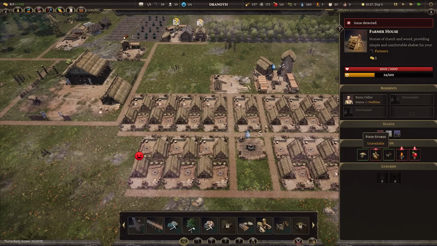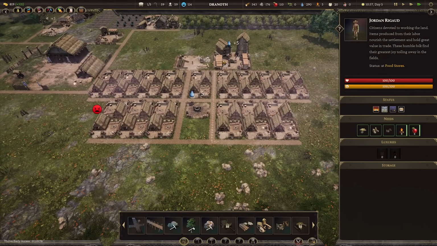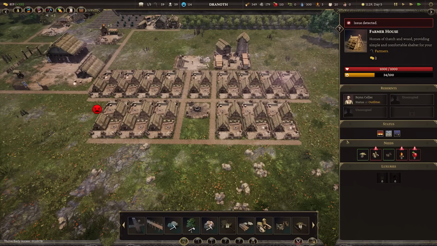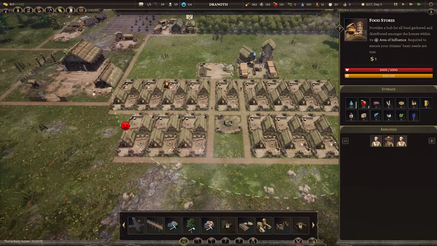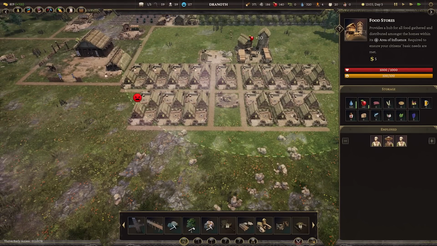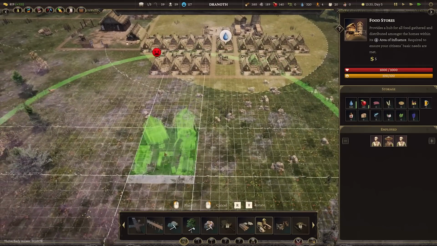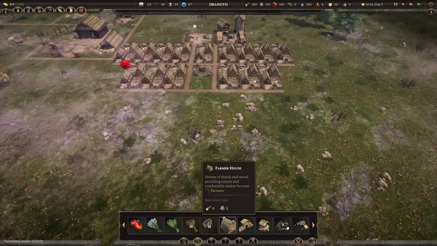Right, why are you upset? You don't have food stores. I think you should have food stores. If you don't have access to food stores, then it may just be because you are slightly out of range. Yeah, I kind of thought that was within the area of influence, but I guess not. We may have to get another food store. If so, I'll get it here. I want to make sure that I...